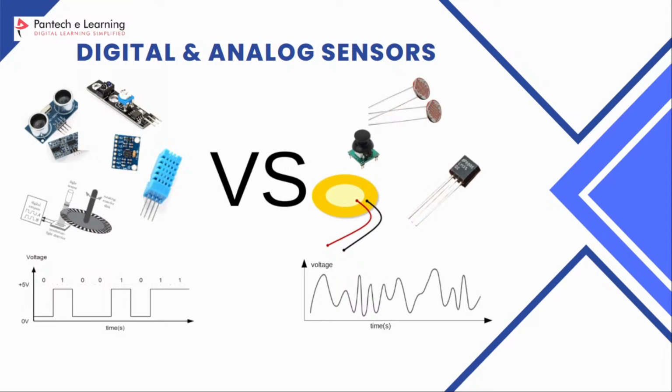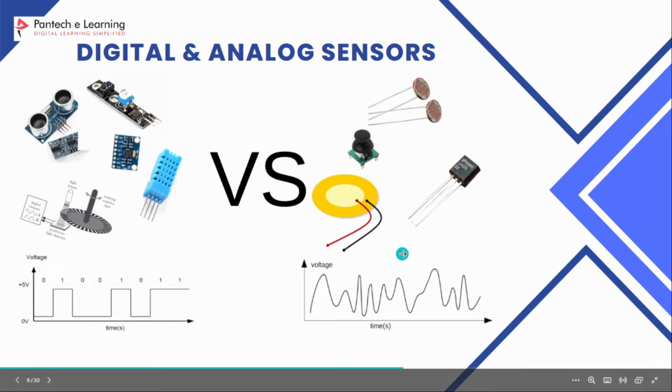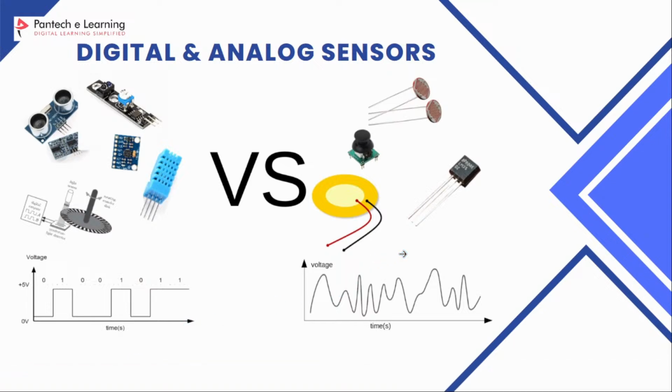So the choice between analog and digital sensors depends on the application requirements. Analog sensors are often preferred for applications where precise measurement of a continuous physical quantity is required, such as in temperature or pressure sensing. Digital sensors are often preferred for applications where discrete or binary data is required, such as in position sensing or motion detection. So now we are going to see